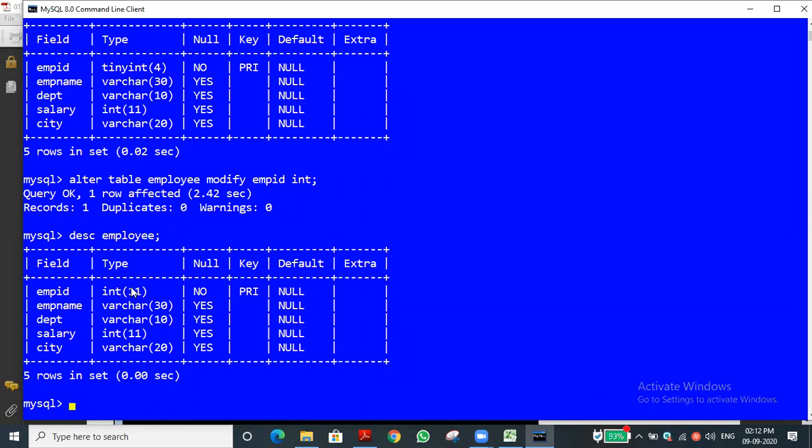Why I am saying this: if you change from a higher order to a lower order, suppose one of the data has a 9 digit number in an integer column. If I want to change into tiny int, which is 4 digit, or small int, which is 6 digit, is it possible to convert the 9 digit into 4 or 6 digit? No. At that time clashes will happen, we might lose the data, or the data will be incomplete.